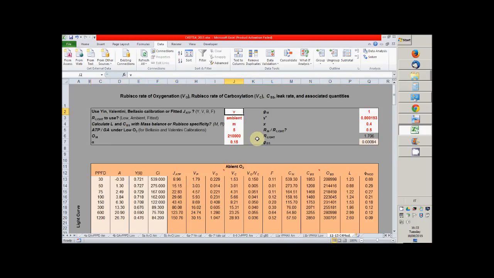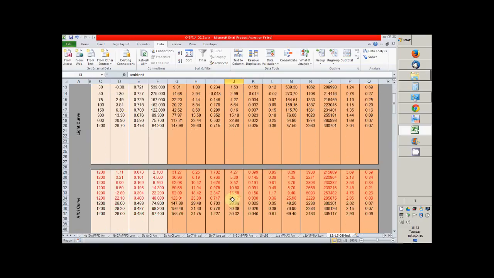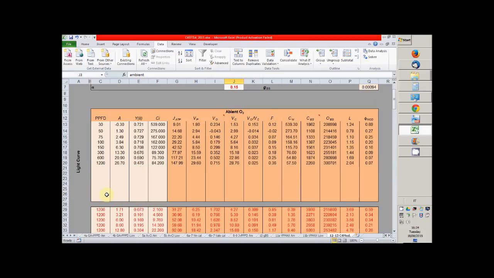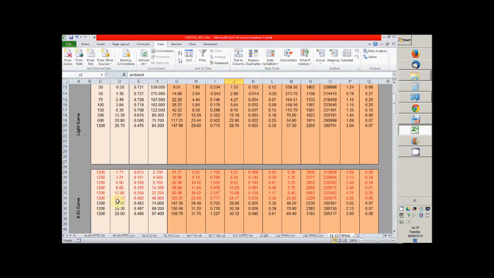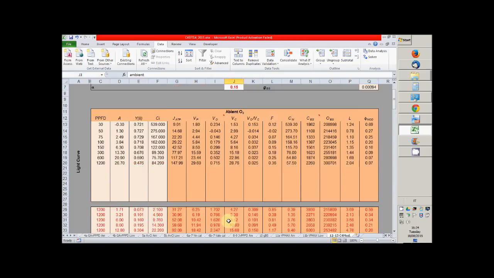The Bellasio calibration may yield reasonably realistic results also in the enzyme limitation area, but these values should be taken with extreme care. To help the comparison and to help understand whether these values are realistic or not,